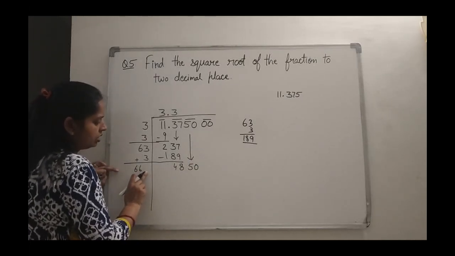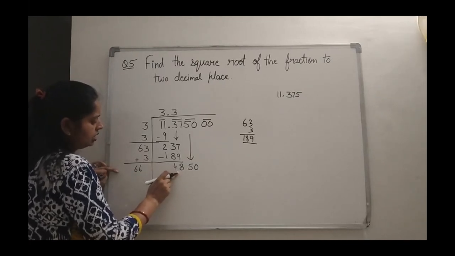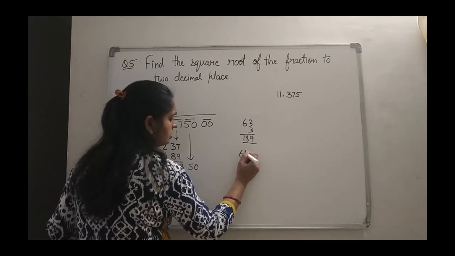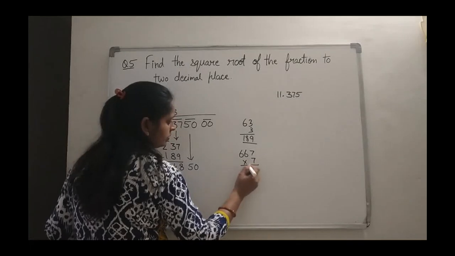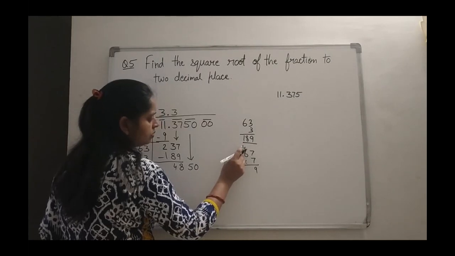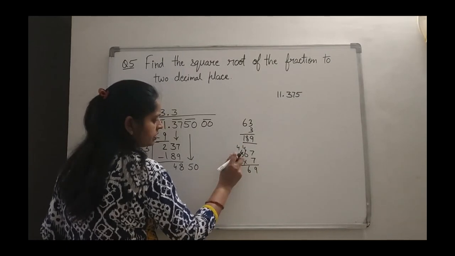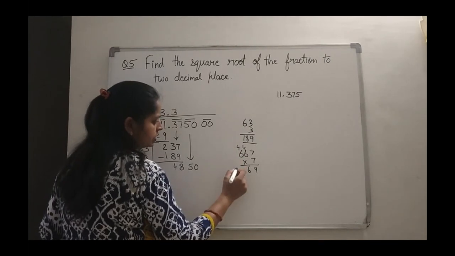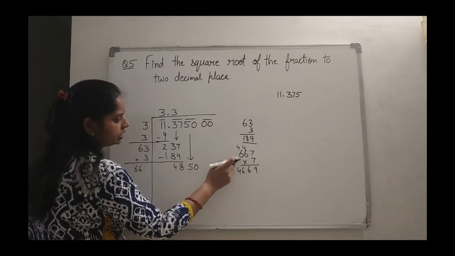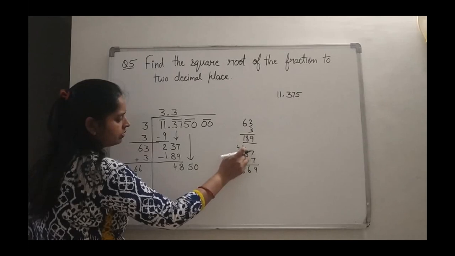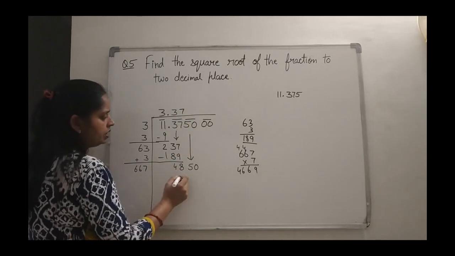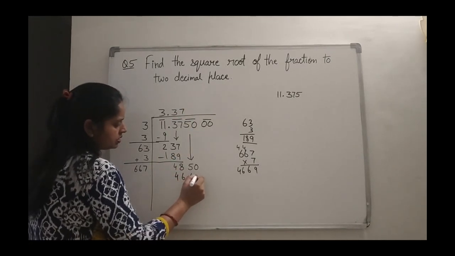We have to make the entry here, and here is the number 48. So 6 sevens are 42. We can check for 6, 7, 6, 6, 7. 7 sevens is 49. 6 sevens is 42. 42 plus 4 is 46. It is nearby this. 8 will not go because 6 8s is 48, but here 67 is there, so it will be greater than this. So we can go for 7, and we got 4, 6, 6, 9.